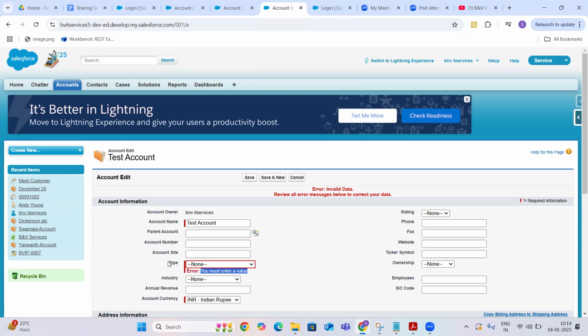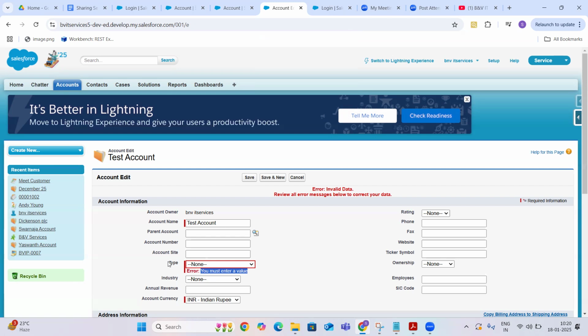I want to make this type field mandatory for certain profiles. Let us assume you have two profiles, profile 1 and profile 2. In our case, system admin and standard user: when system admin logs in, the type should not be mandatory. When platform user logs in, the type should be mandatory.